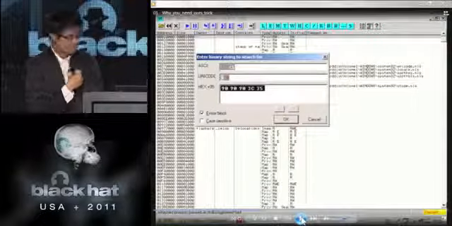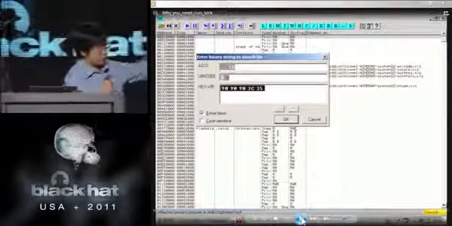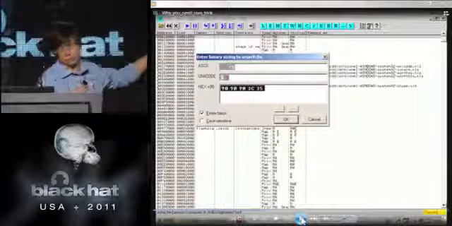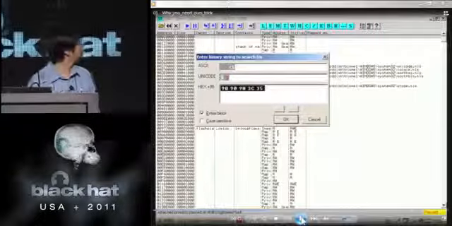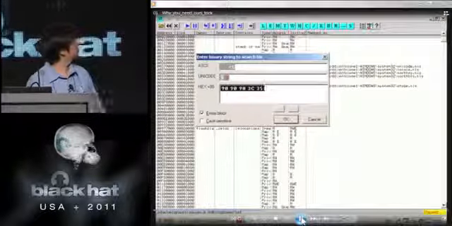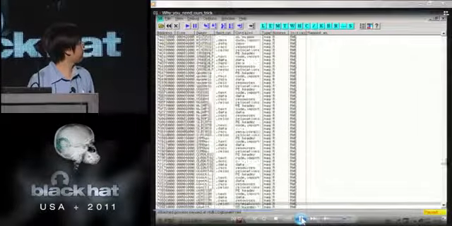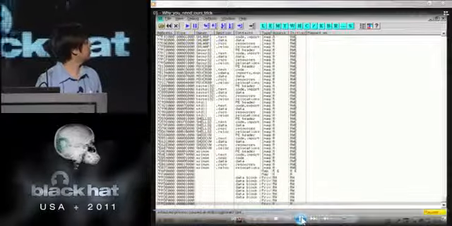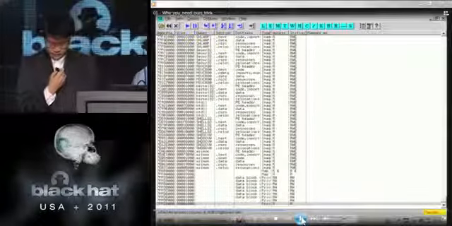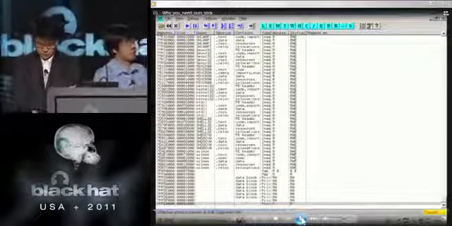The old JIT spraying trick uses this content to spray in memory. And we search the list. We could not find the XOR in memory, because the instruction is encrypted.